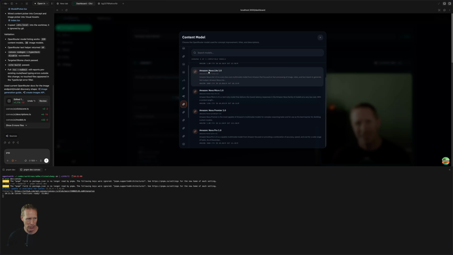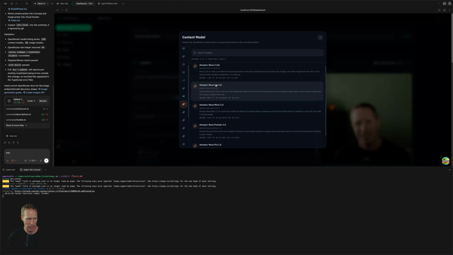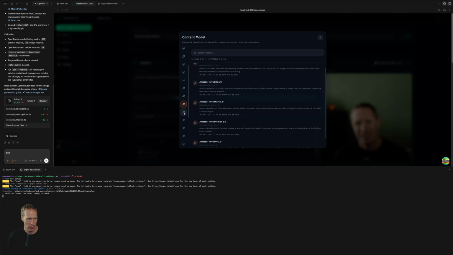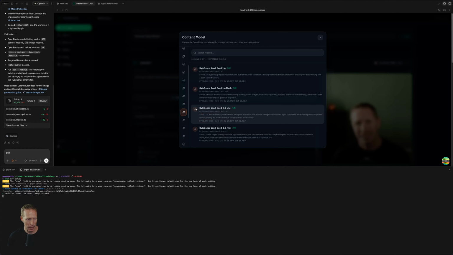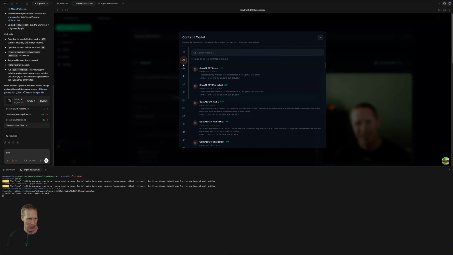I don't know that Amazon, this looks new to me. I haven't really seen this model. So ByteDance has an icon. So some of these, it looks like it didn't get all of the icons, but it did get most of the icons. And so, which one was this? Meta. Oh, I get it. I don't think that's the right icon, but